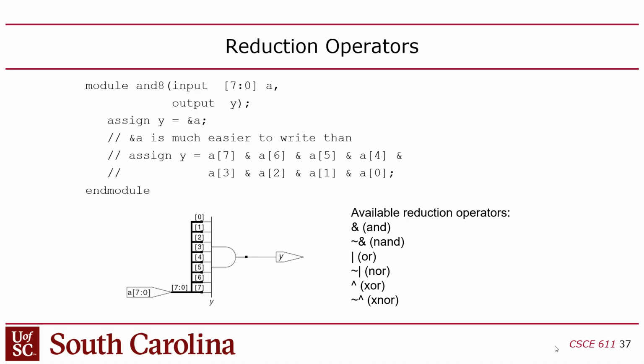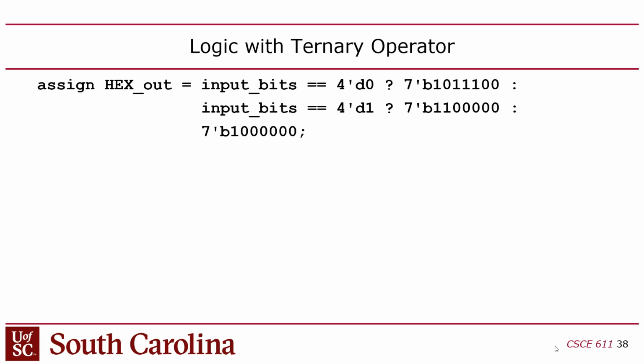Alrighty, reduction operators. I don't think we'll ever use this in this class, but I think it's kind of cool. The reduction operator is a way that you can take a multi-bit signal like A, and you can feed all the bits of A into an AND gate and produce a single bit value. That's pretty neat, but no one ever uses that in this class. Okay, so let me get to Lab 2 specific stuff then. Okay, so I think you guys have enough